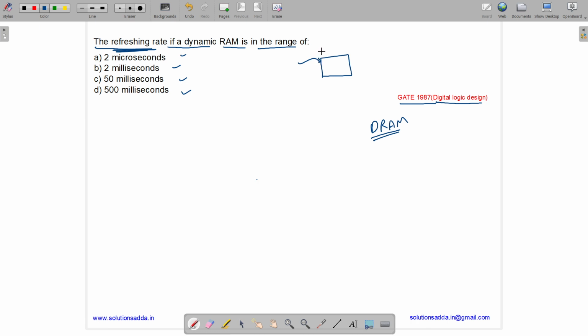Each bit is basically stored as a charge, and it is retained using a capacitor. And as we know, as time passes, this charge will start leaking, and thus the data which was stored as a charge on the chip will start getting lost. So we have an external circuit. What this circuit does is that it reads each memory cell, the charge over there, and then rewrites it immediately so that we can retain the charge in the capacitor, and thus retain the data. So what's the refreshing rate?